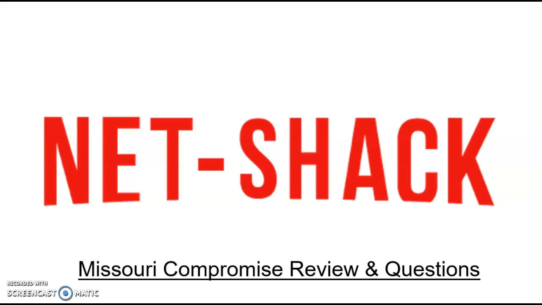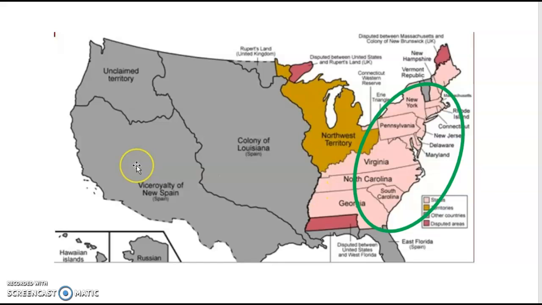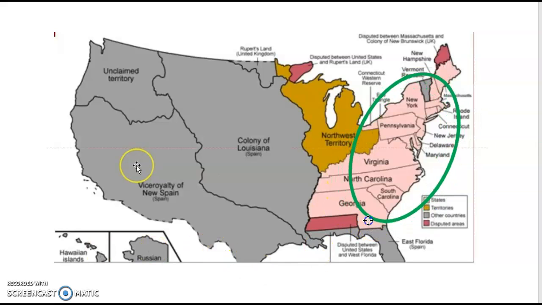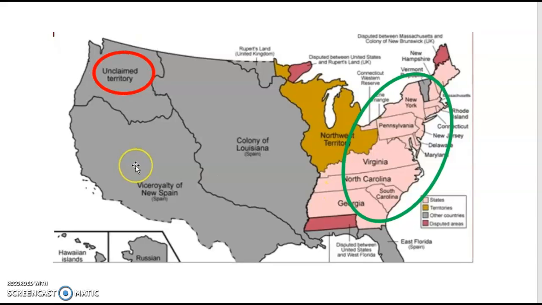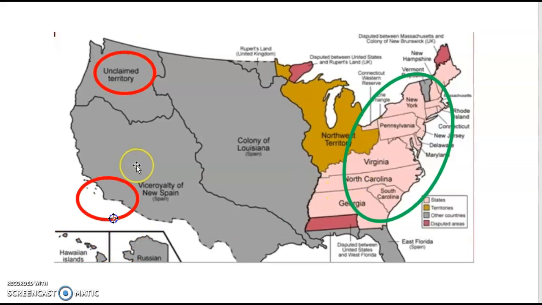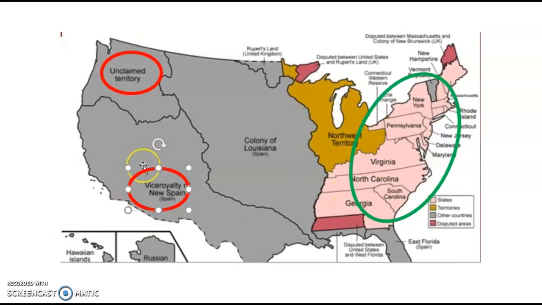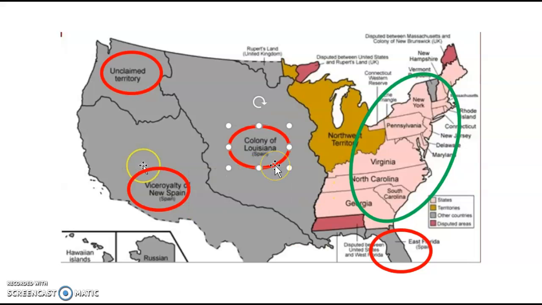But the first thing, let's go back and look at a map of the United States. This is the United States right now. Everything that's touching this green circle. I want you guys to forget about Oregon. We don't have that yet. I want you guys to forget about all that land we stole from Mexico. I want you guys to forget about Florida. All that I want you guys focusing on is Louisiana. We purchased this land from France.